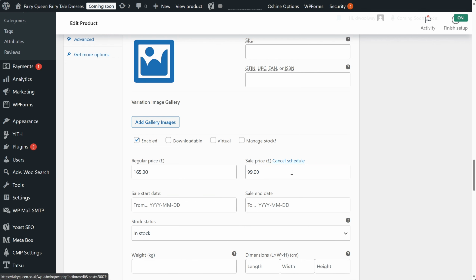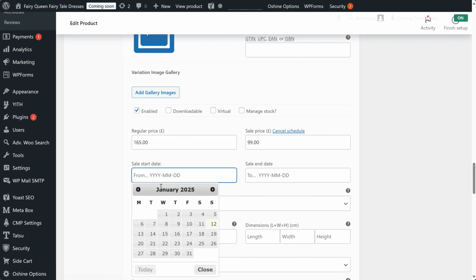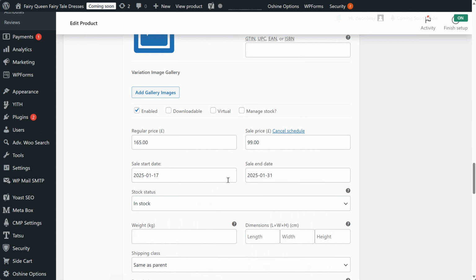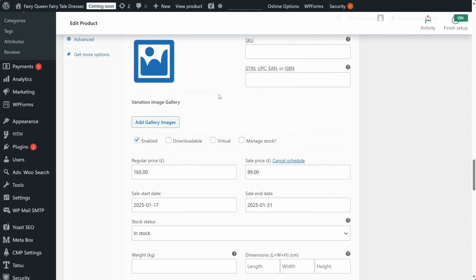You can also schedule when you want that sale to start and when you want that sale to finish. That's a really cool feature that we can add on there, and I believe I've added some graphics so that when you do set a dress to a sale, it will put a little graphic over the picture on the front end,